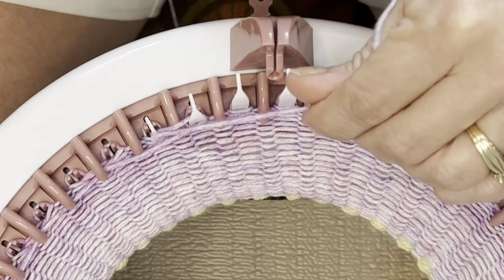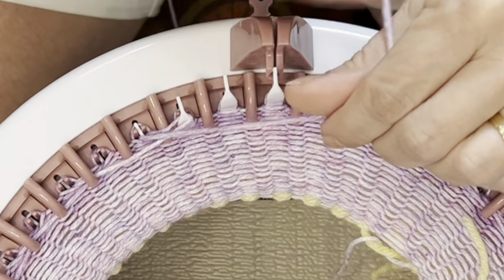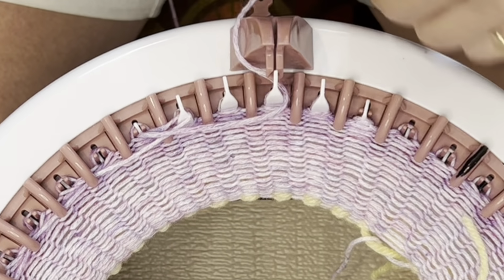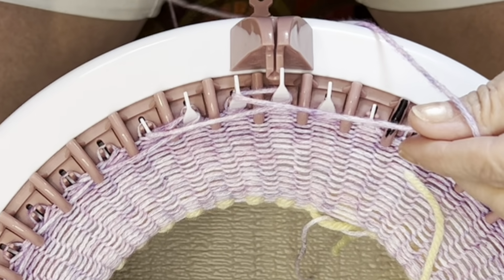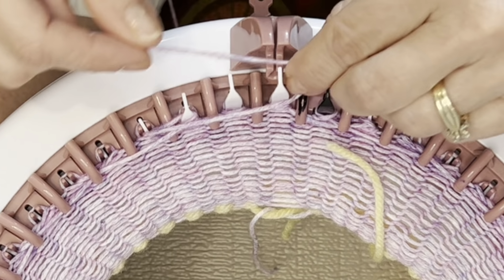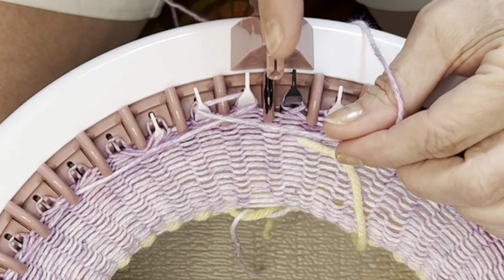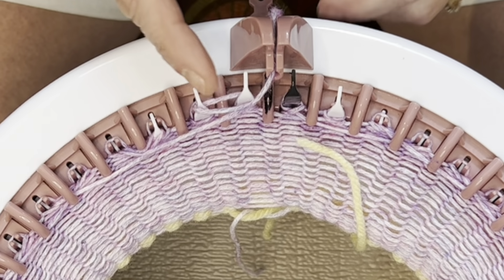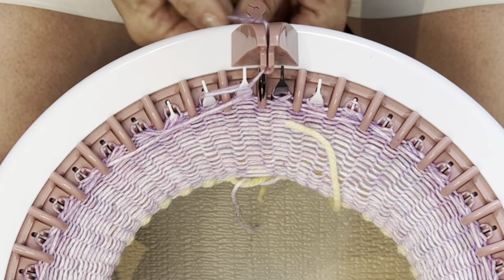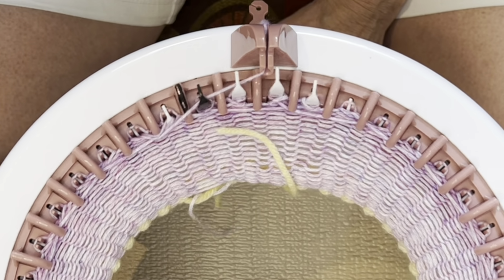And I'm going to watch for that black divider to come around so I know that I'm getting close to the end of my row. And here we go. I see that divider. I have 2 more to do. I'm going to wrap those 2. I'm going to move that ahead so that the white and the black are in front of the yarn feeder. I'm going to come with my yarn tail in between the white and the black. I'm going to pop it into that smallest tensioner, and I'm going to slowly go around for row 2,